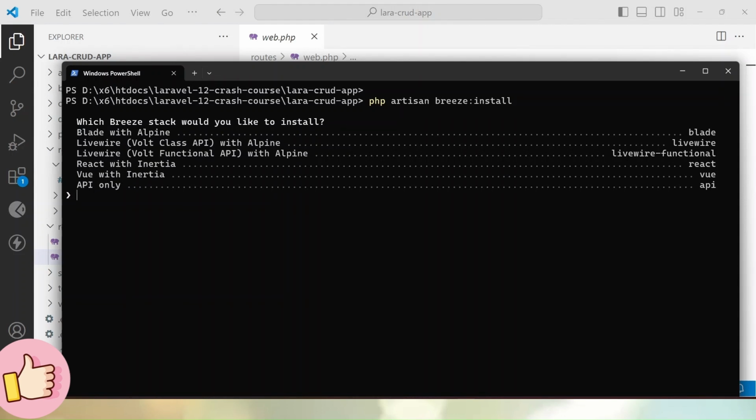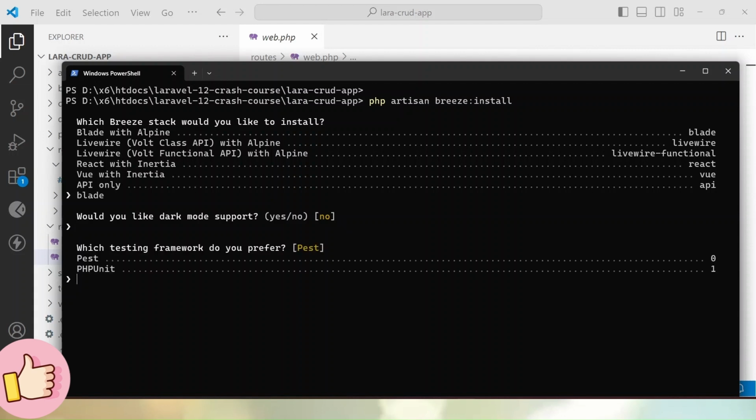and now we can see it is asking for some options. First it is asking which Breeze stack would you like to install. I will go with Blade with Alpine. So we have to type this blade keyword, hit enter. Now it is asking the second question, would you like dark mode support, by default the value equals no. So hit enter, it picked the default value. It is asking which testing framework do you prefer. The default value will be Pest, but I will go with PHPUnit. So for PHPUnit, we have to type the keyword one. So type one, hit enter,